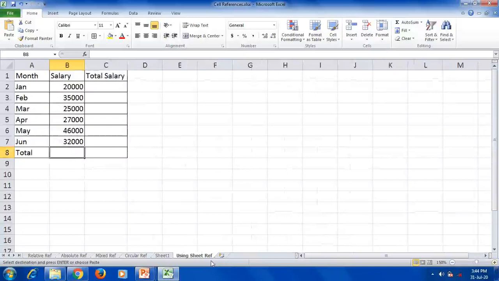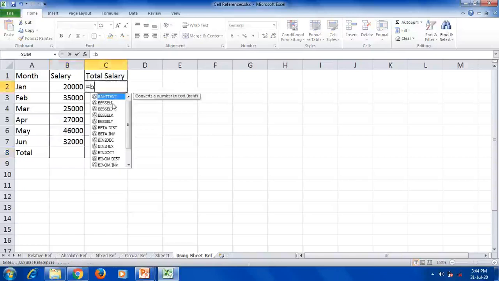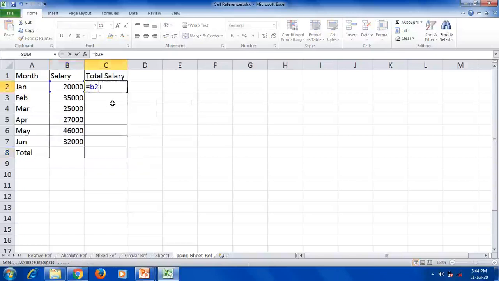See, in B2, this salary column, we write equal to B2 plus Sheet1 exclamation sign, then B2. Okay, so 20,000. Actually in D2 we do not have any values, so let me put some value, we'll see.